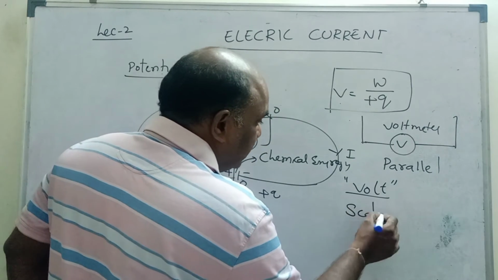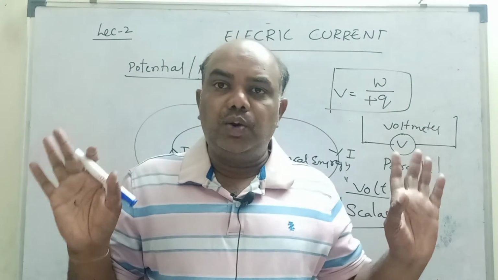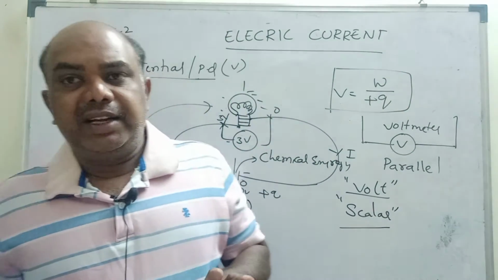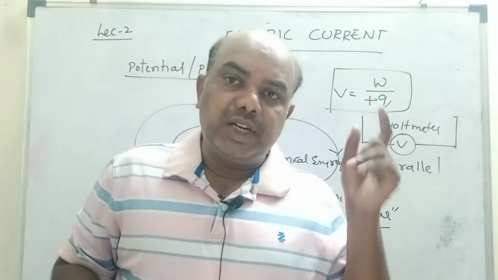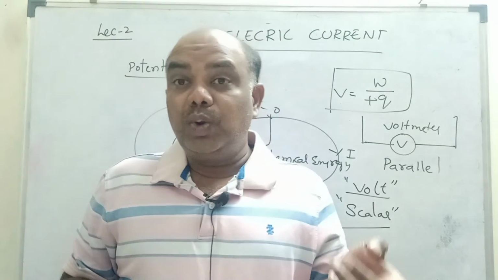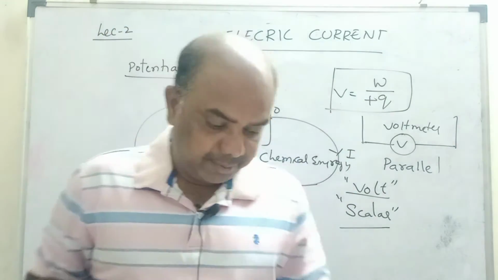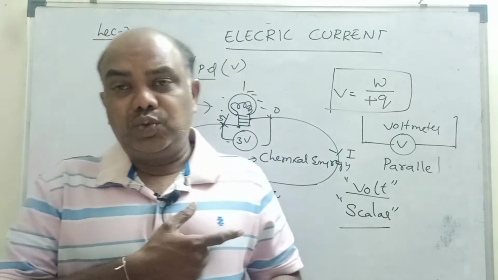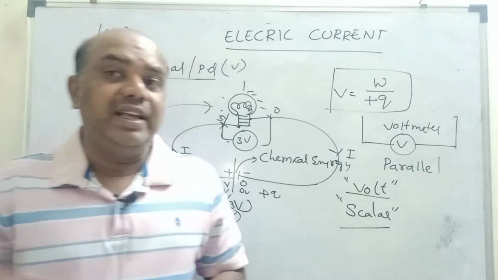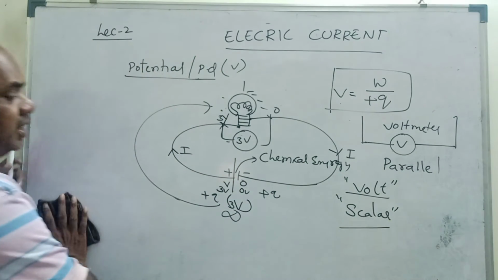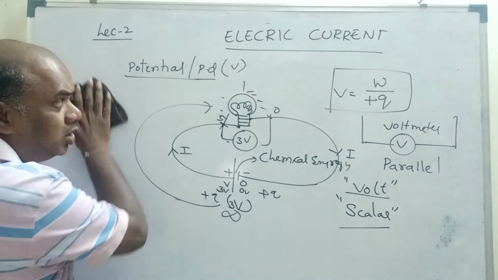Potential difference is also a scalar quantity. Remember children, current and potential difference both are scalar only. Current has both direction and magnitude, even though it is scalar, because it does not obey the vector parallelogram law. Potential difference is also a scalar quantity. How to show potential difference and current in vector form, we will see later. That is why we take the current direction opposite to the direction of electrons. So that current density, one more interesting topic, came into the chapter.